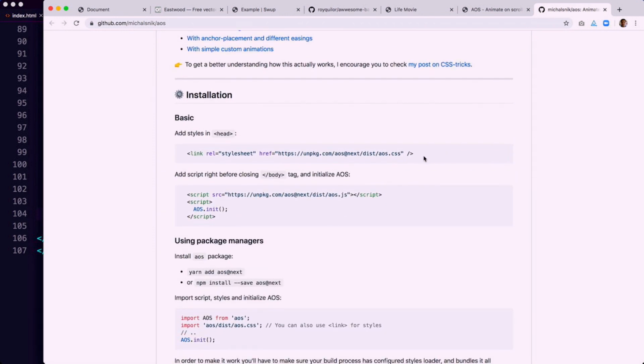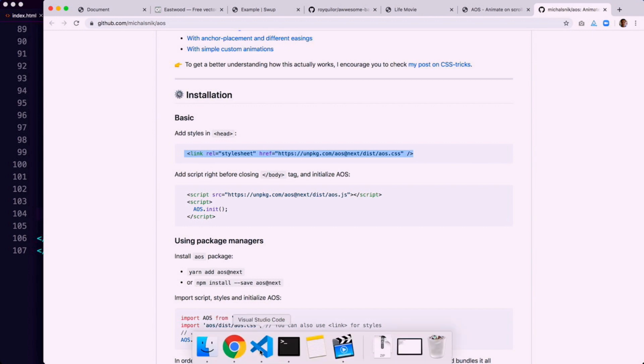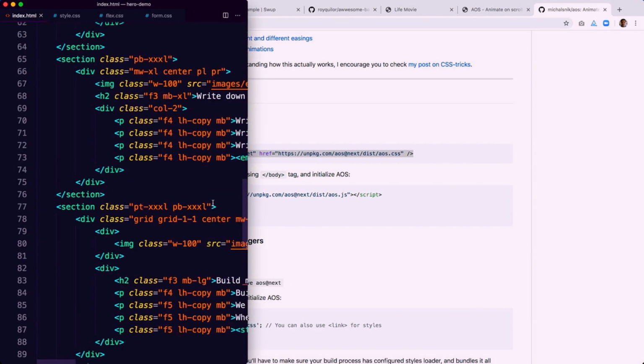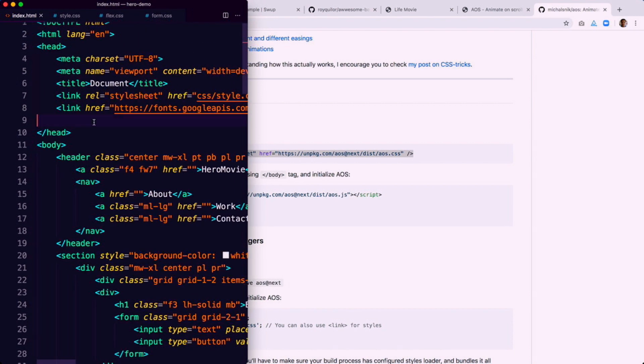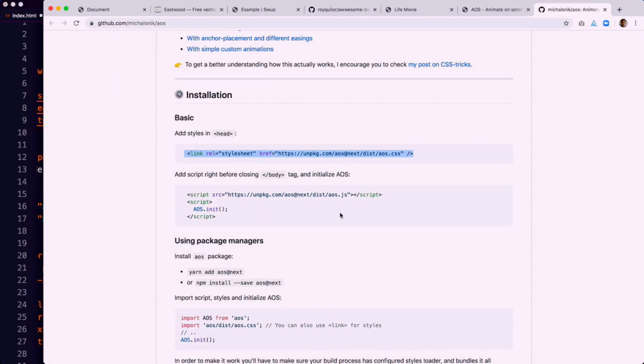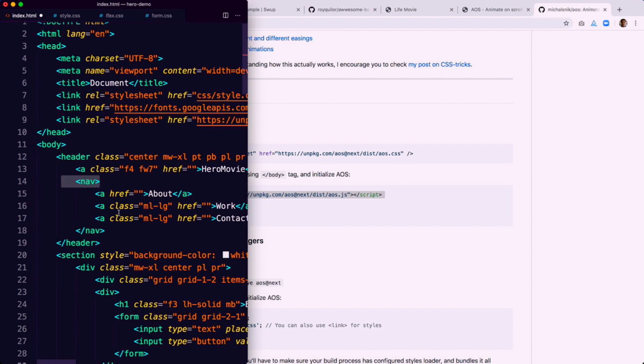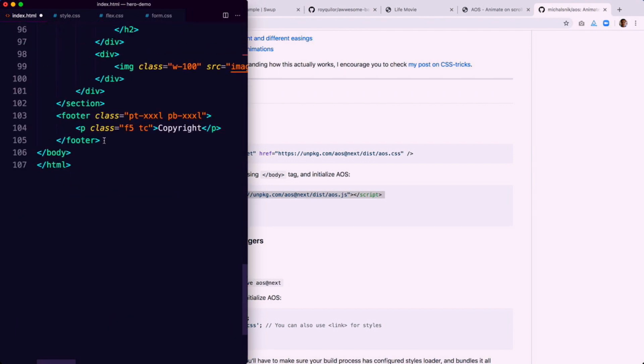Okay, so we need to add in the style sheet. So if we go to the heading, and then right before the closing body tag, just copy all of those. Okay, so right before the closing body tag, we paste that in,